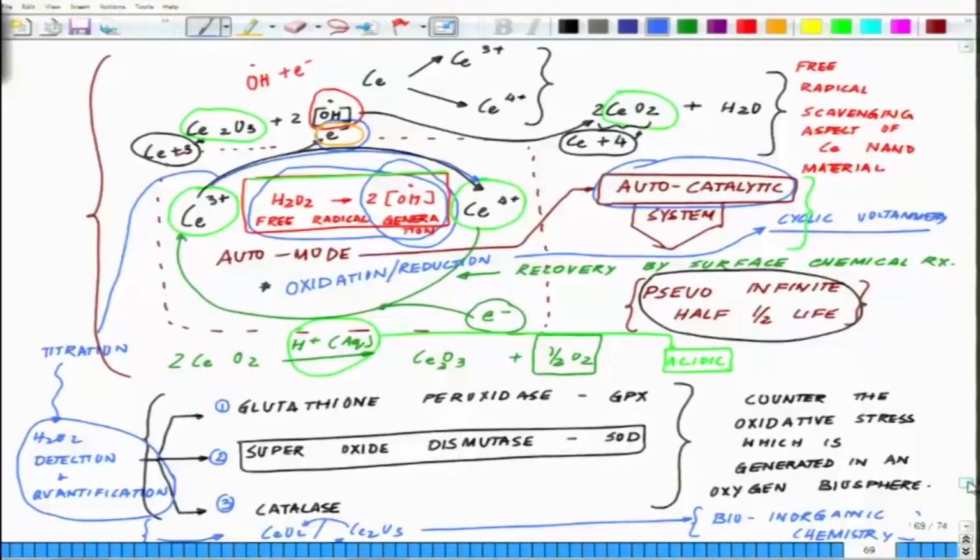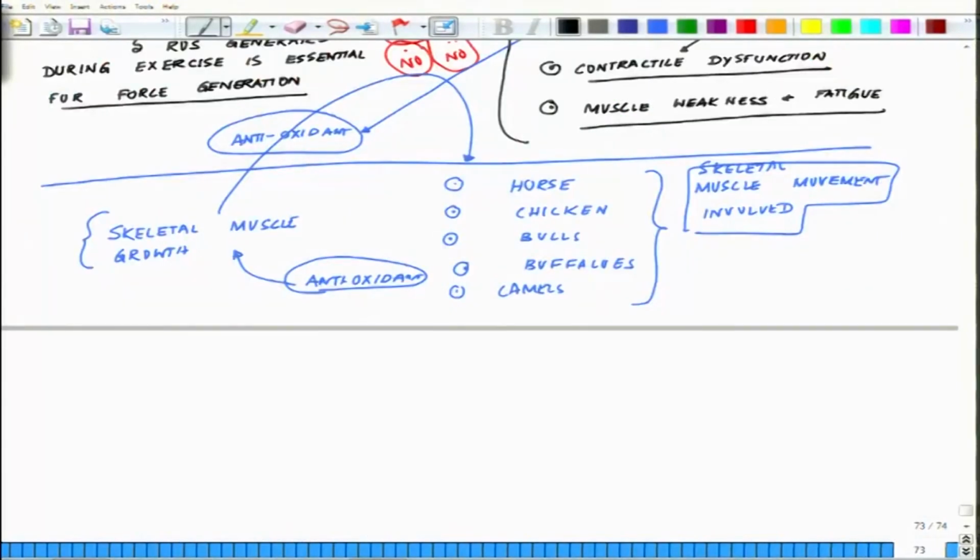So that is the reason why I take you there, because now I will take you back to this reaction which I started probably 3 or 4 classes back. Here is the reaction back. Here you have one very interesting molecule which has a pseudo infinite half-life in a very small concentration. Now, much of these diets, so there is another very interesting aspect. What I wanted to highlight here is,